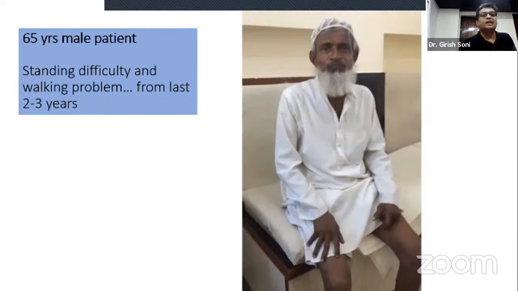So this 65-year male patient presented with history of shakiness of the leg while standing and some gait difficulty from